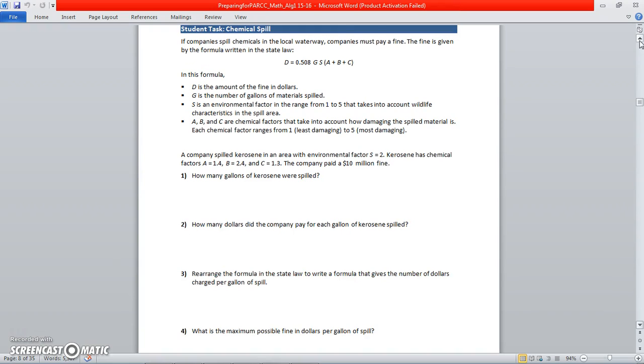So here it gives you the formula at the very top. The amount of fine, the D, the dollars, is equal to 0.508 times G, the number of gallons material spilled, times S, the environmental safety factor, times the quantity of A plus B plus C added together. Okay, so